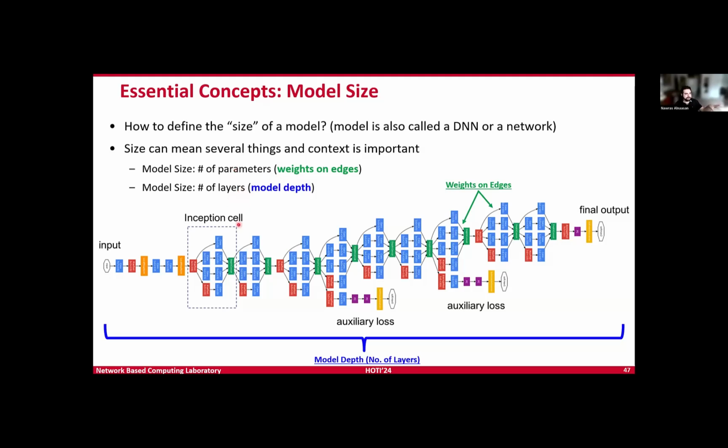But another metric is the model depth. So how many layers do we have in the model? Maybe one other way to put it is the number of parameters is the width of the model, so how wide it is, and the number of layers is the depth of the model. These are two things to keep in mind, because even if you have a low number of parameters, if the model is very deep, there are less things to do in parallel at the same time. So maybe it is not the best idea to split this model on multiple GPUs.